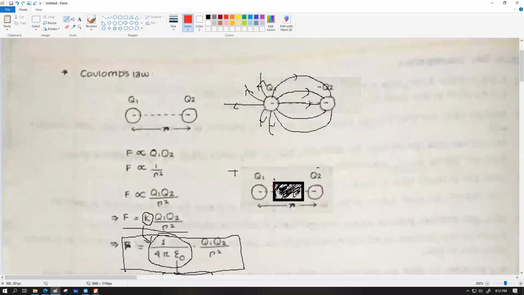Negative. This side should become slightly negative. This side should become equally positive. Electrons cannot leave or enter into the situation, but because of the induction forces, the electrons are going to separate out, so that one part is going to have higher positive charge concentration, the other part is going to have